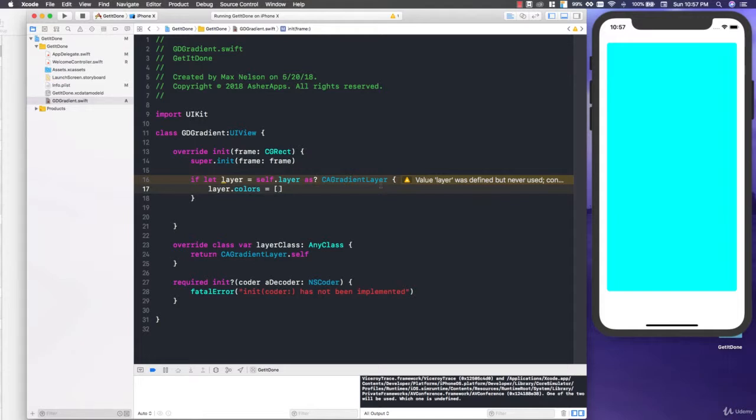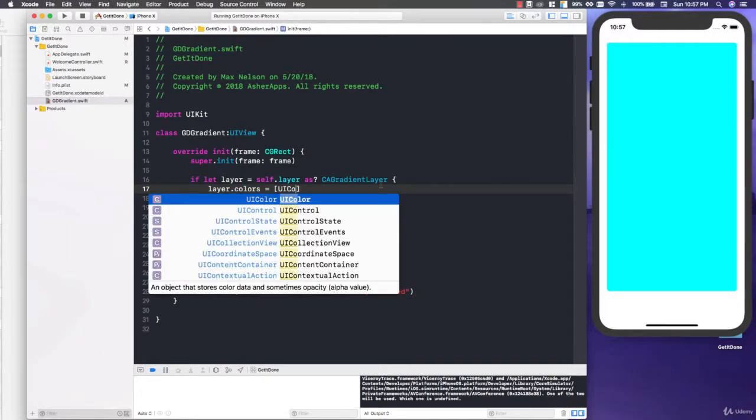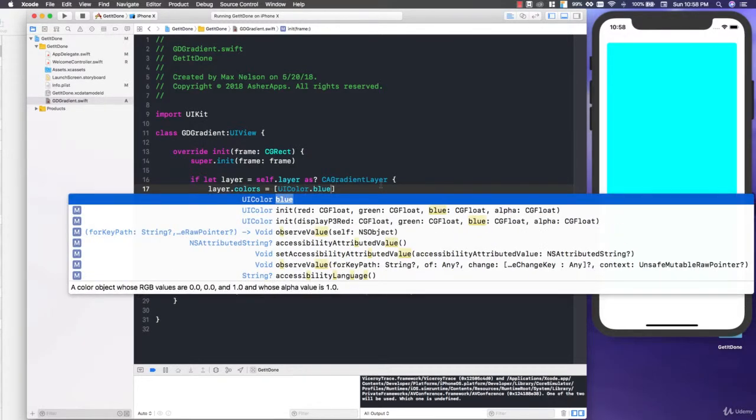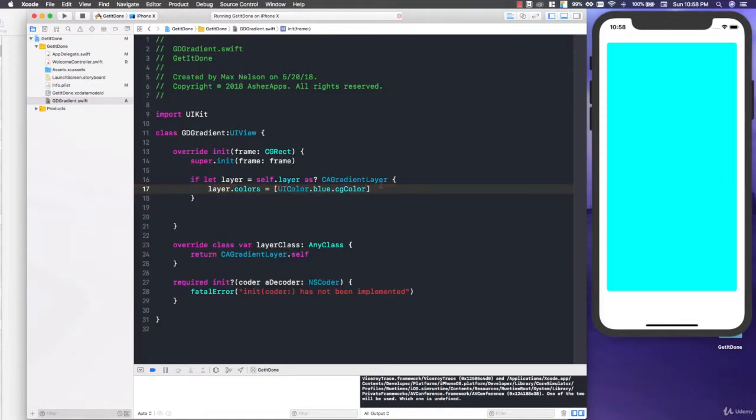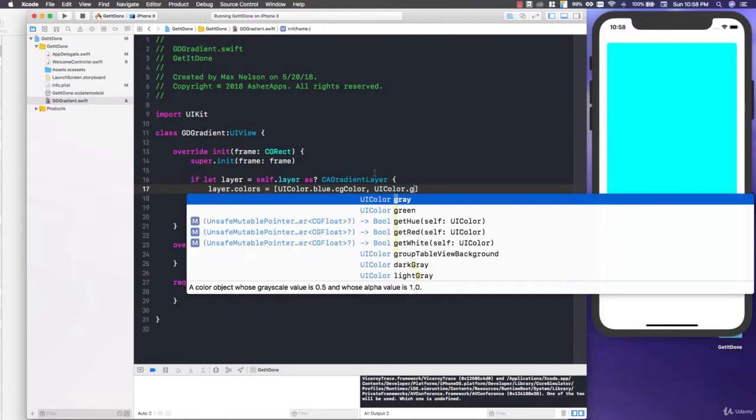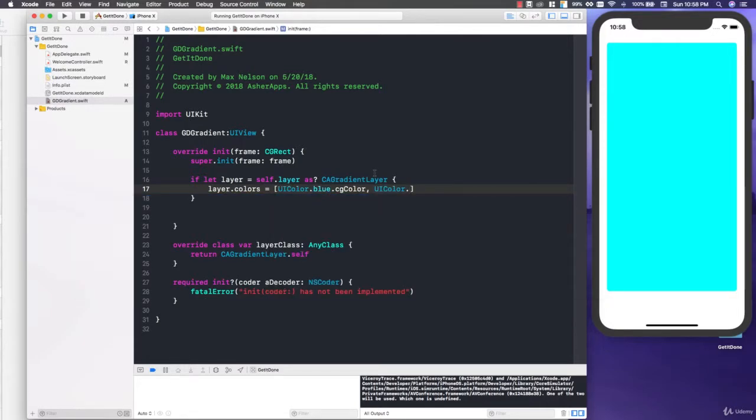Now, these have to be CGColors, so we can't use UIColors, but we have to get the color from UIColors. So what we can do is say UIColor.blue, and then we can say .cgColor to get the CGColor from the UIColor. So our UIColor blue contains a CGColor representation. We're not casting it like we are with our layer. And then we want to put a comma and say UIColor, let's see, what do we want to make this? I don't want to make it green, that's ugly. Let's go with gray for now, cgColor. Now, we're obviously not going to use those colors because our design requests different colors, but we'll get into that